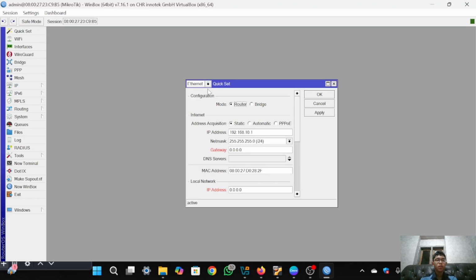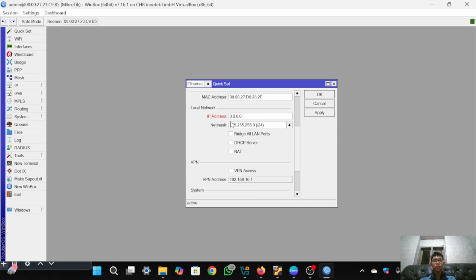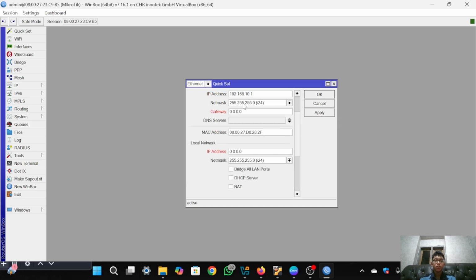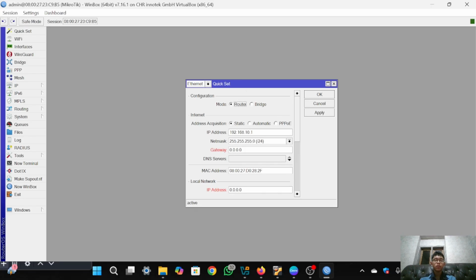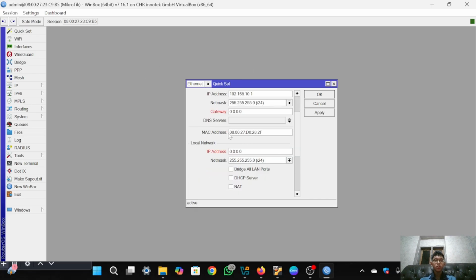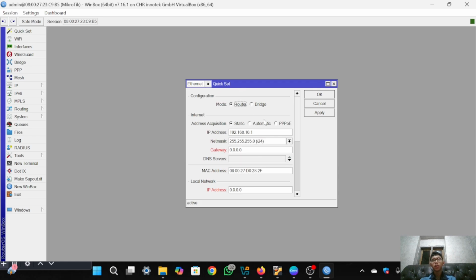The first menu, which is quick set, is to set the MikroTik. It shows many menus in one interface. For example, it has 3 menus that show in one interface.